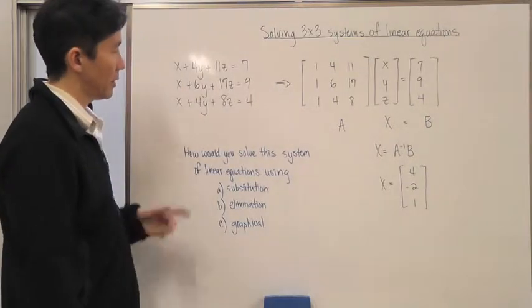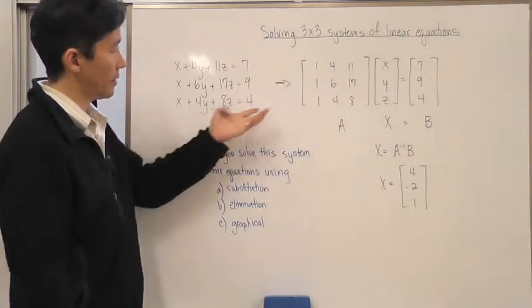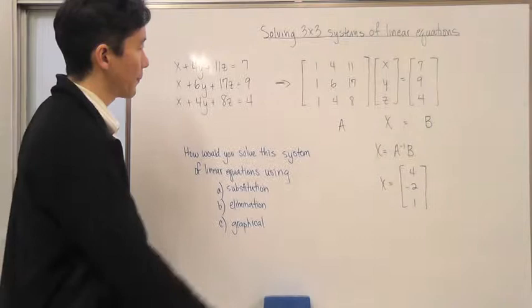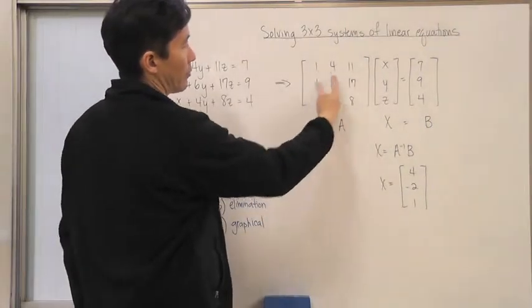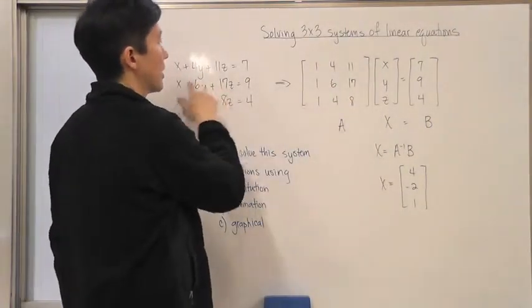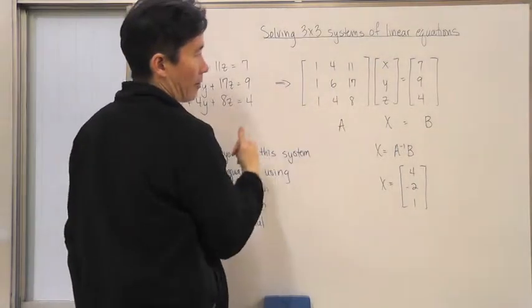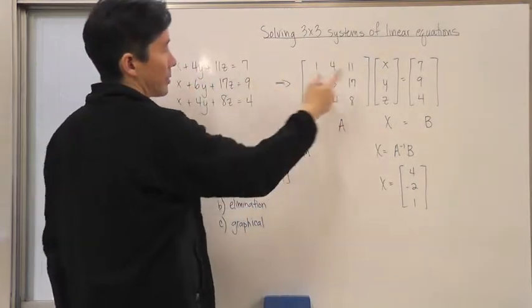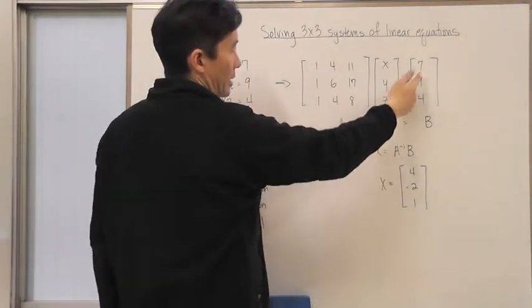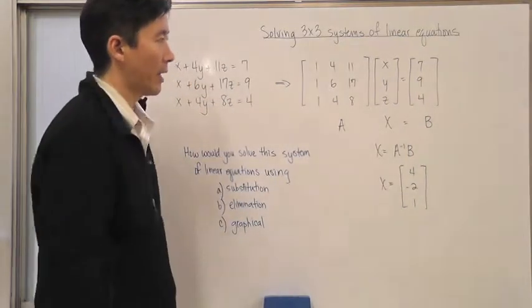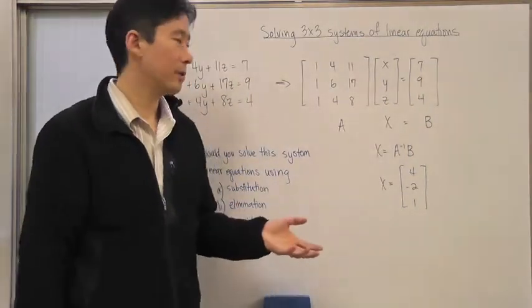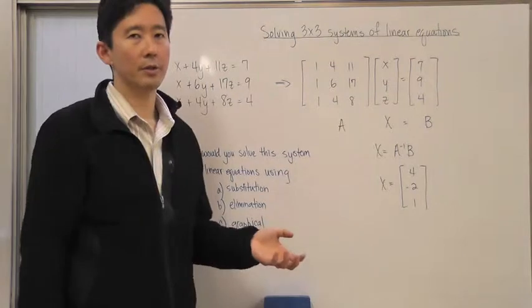Okay, so as we go ahead and take a look at this, we transfer it into its matrix form. Basically, we have the coefficients of the x, y's, and z's in their particular order. Of course, the variable is going to be x, y, and z is equal to 7, 9, and 4. And again, if you take a look at what we do in order to solve this using the matrix method,